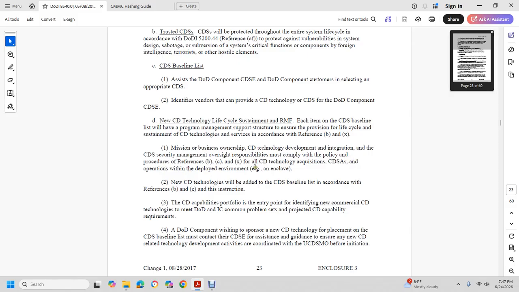acquisitions and operation deployment environment enclaved. New cross-domain technologies added to the cross-domain solution baseline according to the reference and the instruction. The cross-domain solution capabilities portfolio with the entry priority point identifies the new commercial cross-domain technology with the Department of Defense Information Command, common problem sets provided with the cross-domain capability requirements. A DoD component wishing to sponsor a new cross-domain technology placement on the cross-domain solution baseline list must contact the cross-domain